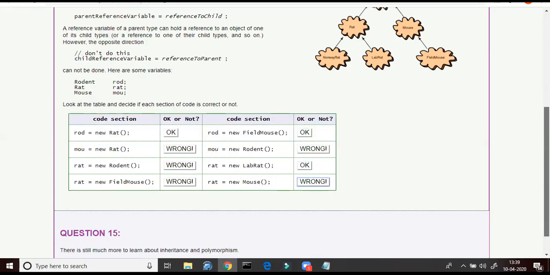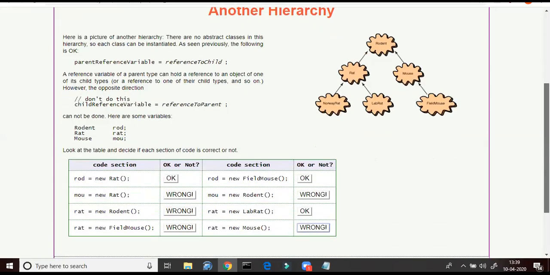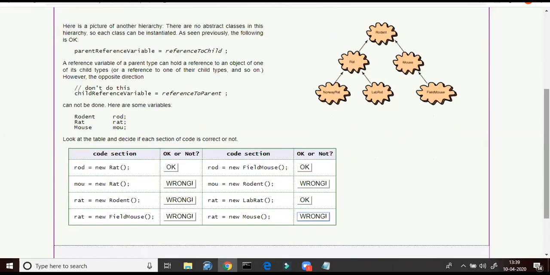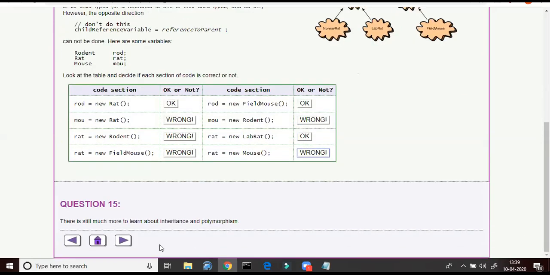Okay. So this is one typical example which shows who can instantiate who. Using a superclass reference, the superclass reference can point to a subclass object, but not the reverse way. A subclass reference cannot point to a superclass object. And if two objects are not connected in any way, they cannot be assigned to one another.